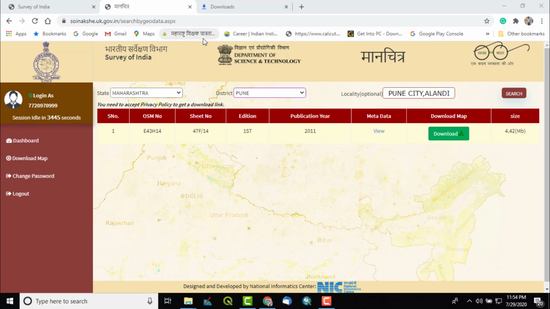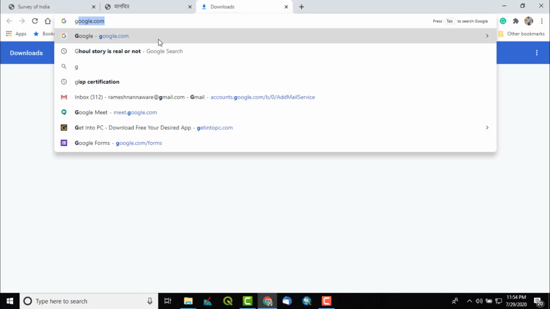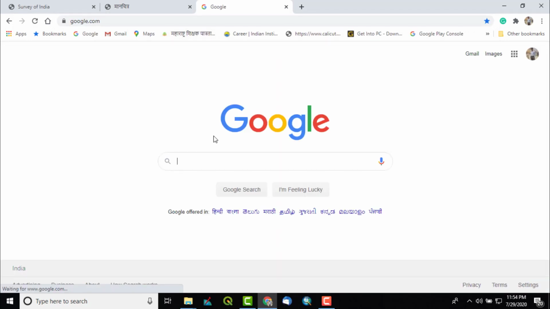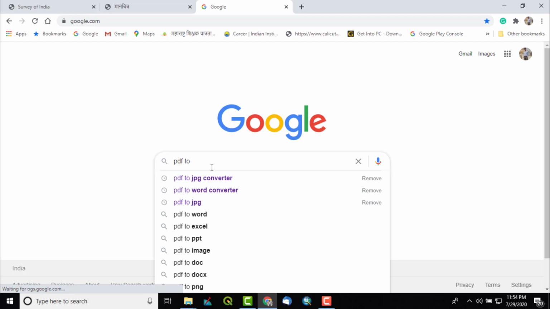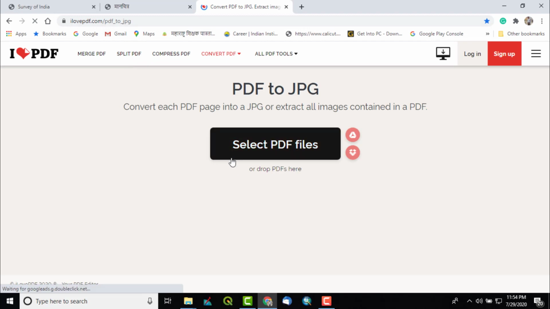if we want to use this in a GIS, we have to have it in another format like JPG and all. So I will just show you how to convert it to JPG. Just click on PDF to JPG converter, and my website is ilovepdf.com. I will click on that. It gives good results.